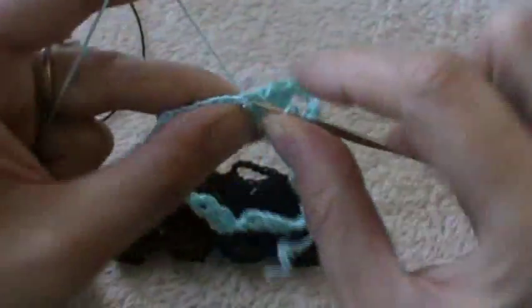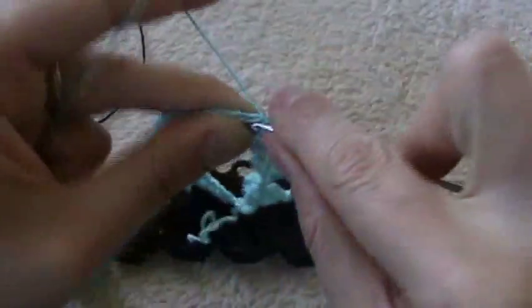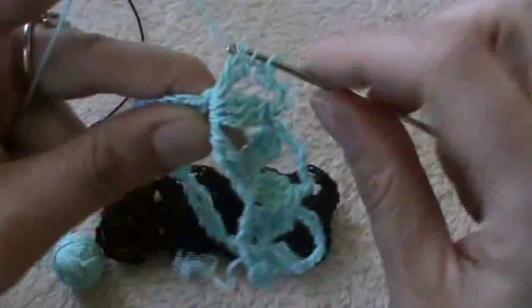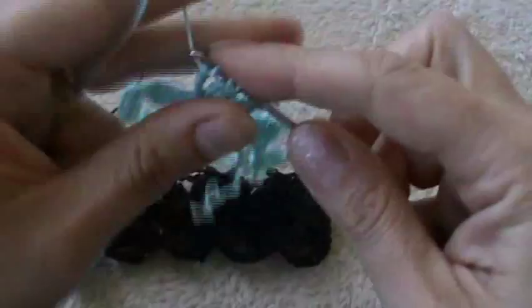I'll be back to show you how to continue on, of course. So I am just going a little bit faster because the stitch is already known by now. Okay,